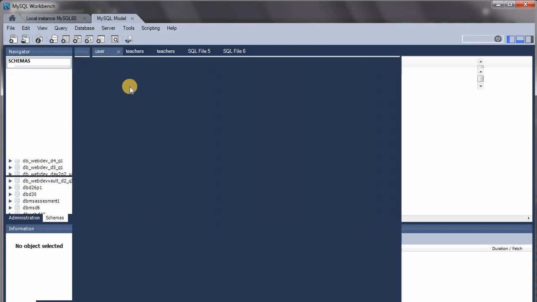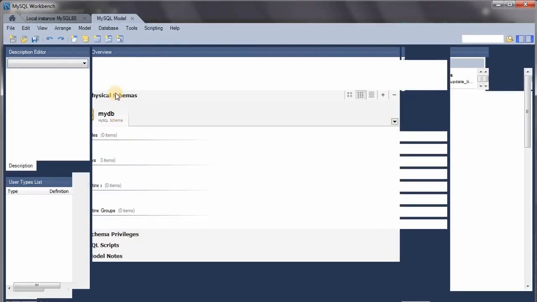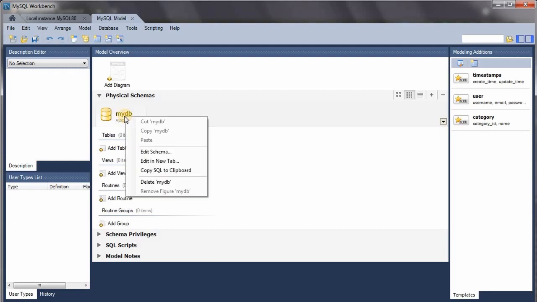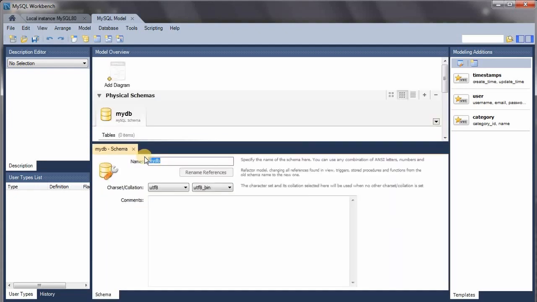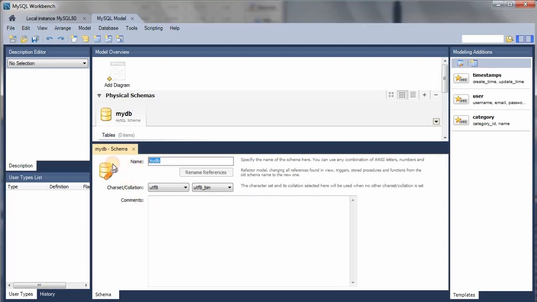A model is also what we can call an ER diagram. In this software the diagram is called a model, and here's our database. I'm going to edit it by right clicking on the name and pressing edit schema. Okay, I'm going to give it the name Kagalu Vidyalaya DB.